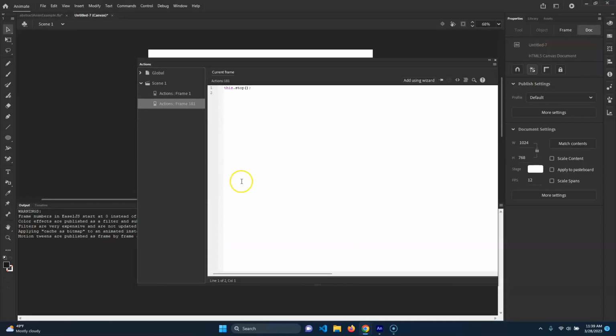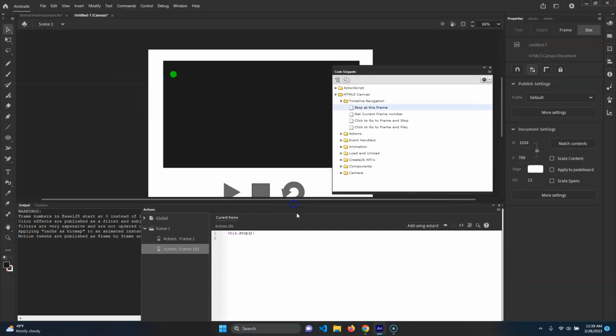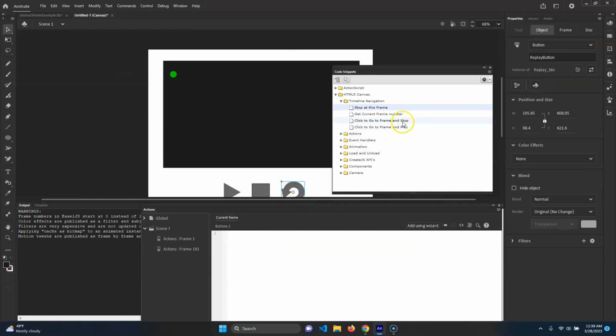So hit play. I'm just going to let it go through. I'm going to pause it. So if you look, the animation does stop. The audio doesn't, but the animation does stop, which is good. And basically the animation does stop at that last frame, which is what we wanted. And now what I want to do is just grab this one,